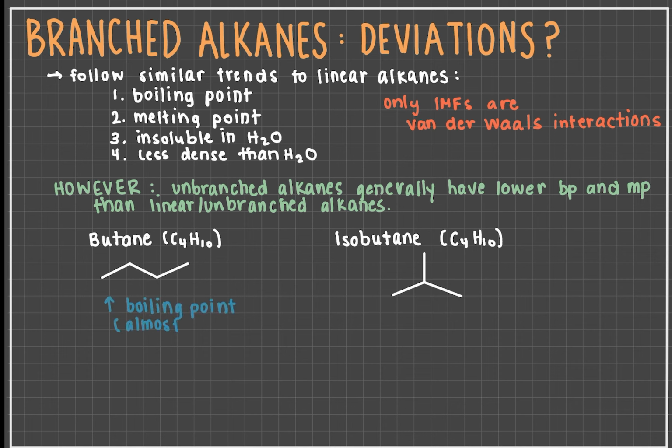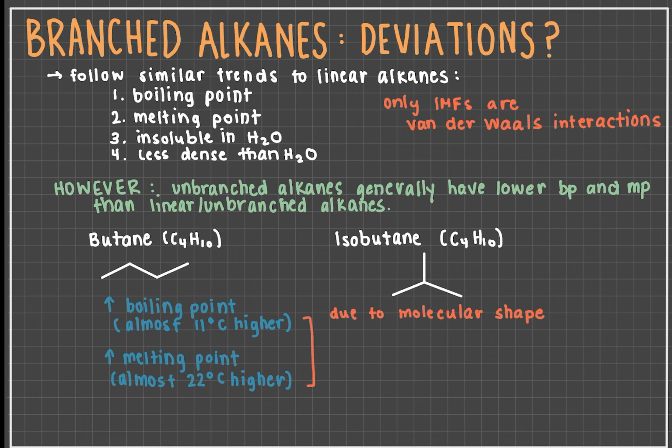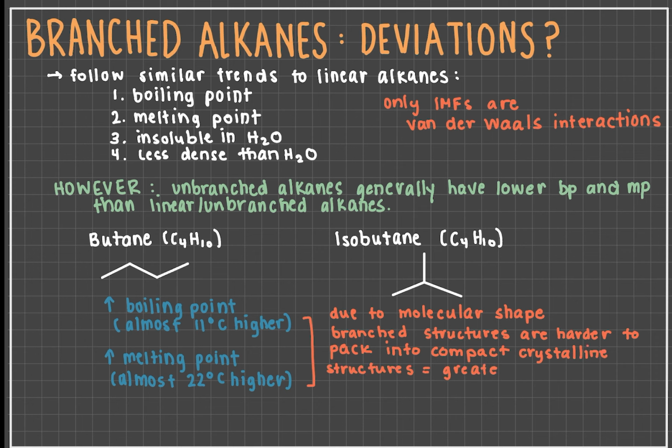It's harder to make a compact group of branched molecules like isobutane, leading to greater distances between the molecules, and as a result, less energy is required to melt the solid. As for boiling points, a more nonlinear shape results in less surface area. With a greater surface area, more interactions can occur between various molecules, leading to greater overall van der Waals interactions